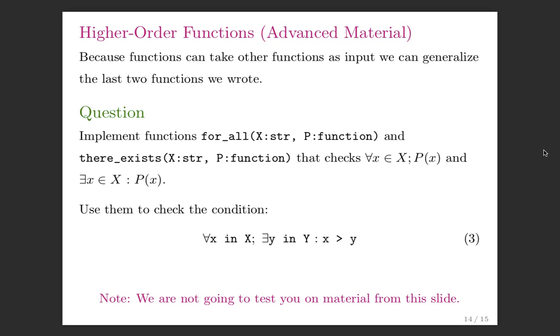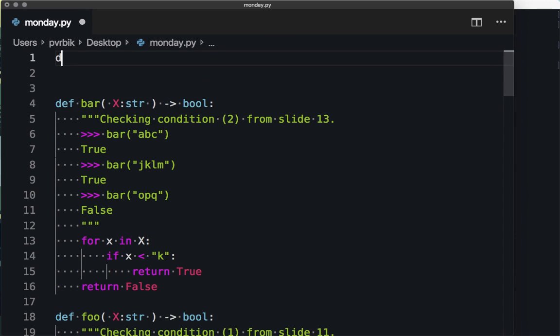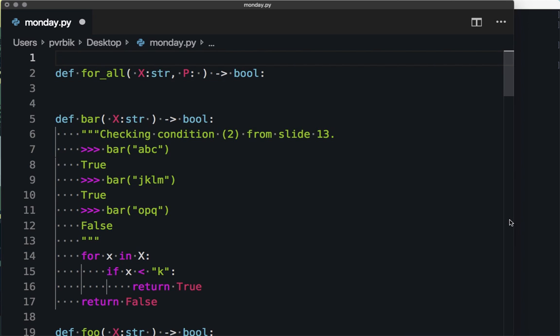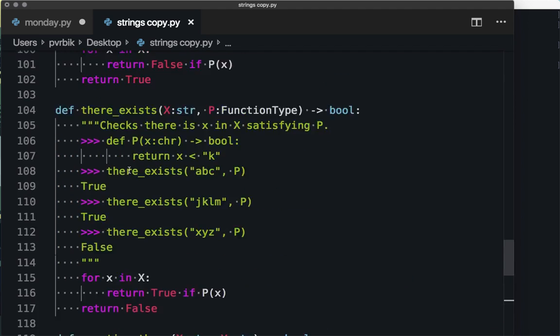I don't want to check a single condition, right? This foo and the bar I just wrote, that's wasteful code, because I want to be able to reuse it on other things. So it's better if I could write code def for all that takes X a string, but also takes a P a function. There's just one thing here I have to do. I don't want to have to teach you guys how to do it, but I can't do it without it. So I need this,